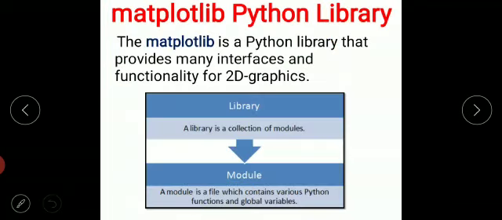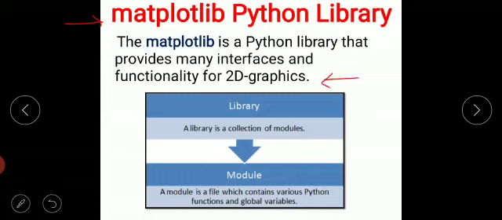Now, first we have Matplotlib Python library. Now, we will learn how to create the different types of chart, and before learning these various functions, we have to go through this library. The Matplotlib is a Python library that provides many interfaces and functionality for 2D graphics.